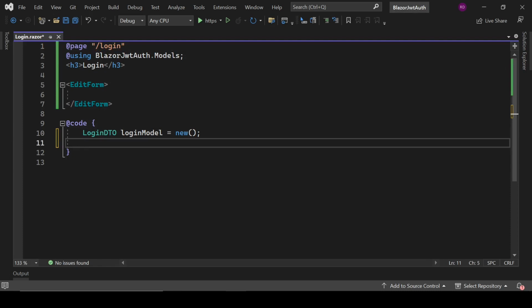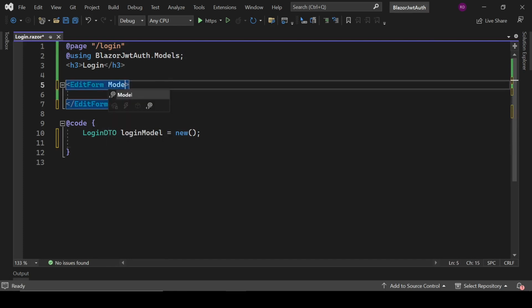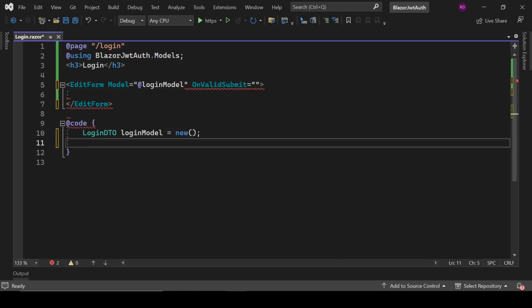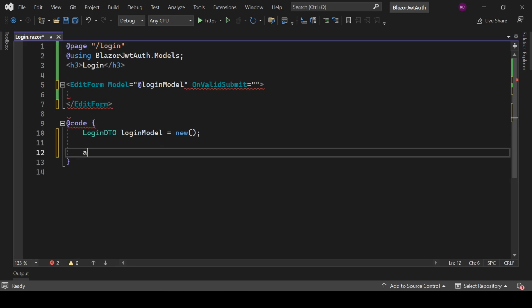Okay, now let's do one more thing. Here we need a model equals to login model and @ on validate submit. For that I need a method, so let's name that model equal to async task